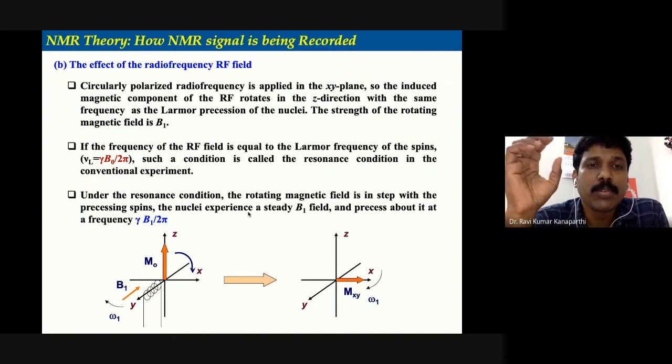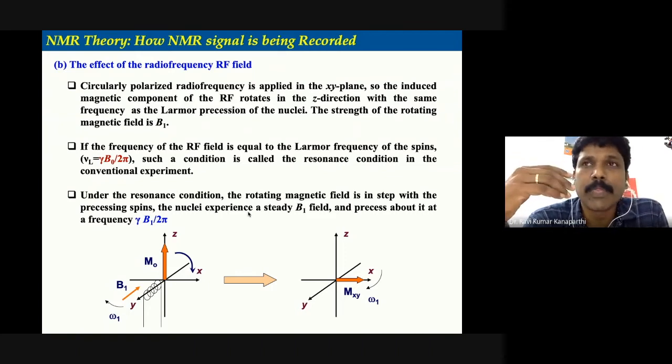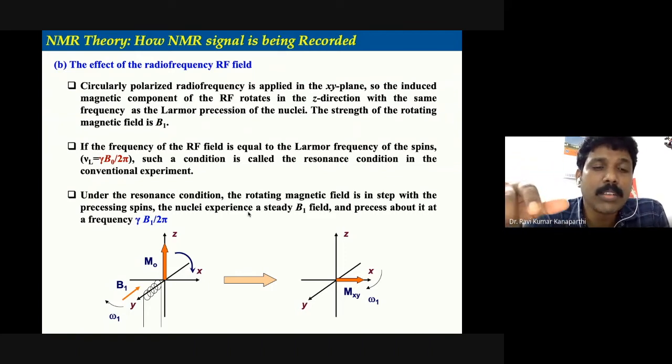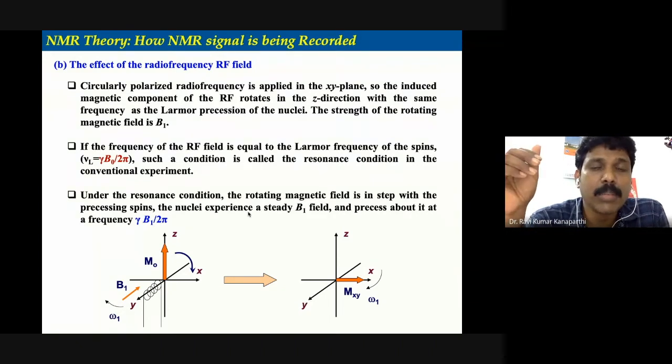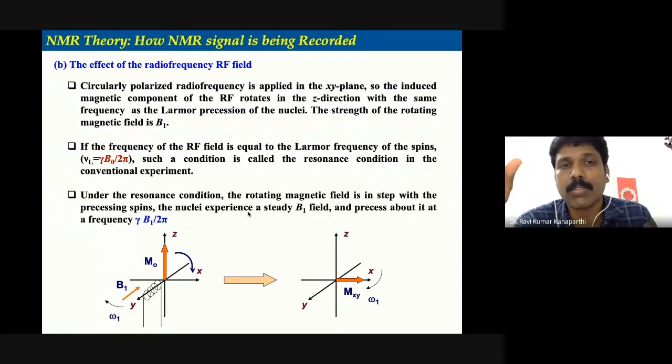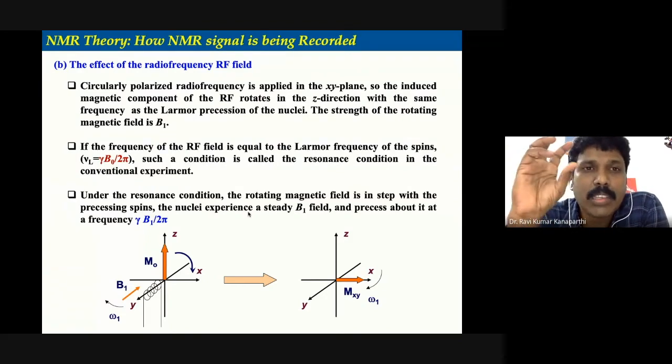I'm sure most of you know what plane polarized light is, compared to normal light. You know how to produce plane polarized light: by using a calcite crystal, we can separate out two different components of the light. It is propagating in three-dimensional space, so we can separate it out using a certain type of crystal, especially the calcite crystal. That is what I mean by polarized.